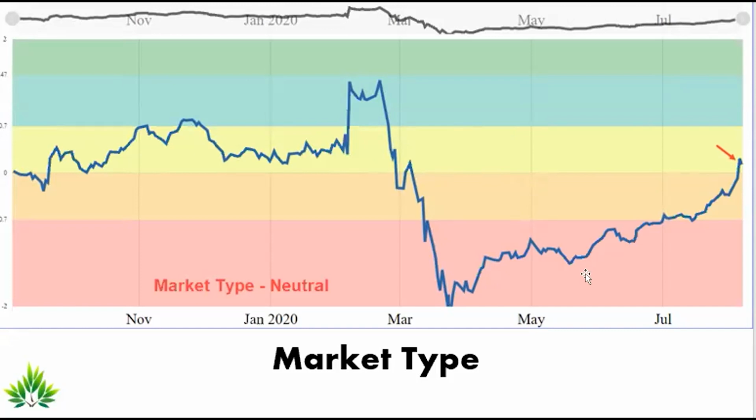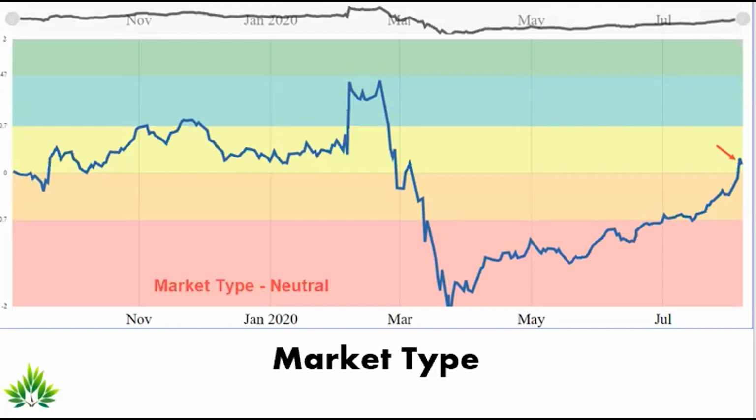At this level, it can give more false signals, and more trades are likely to fail. So what we need to do here is either stay away or use a strict stop loss on trend following positions, while mean reversion systems will work beautifully when the markets are in the neutral zone.